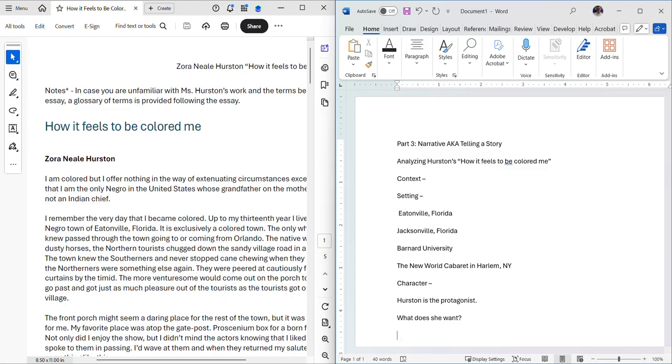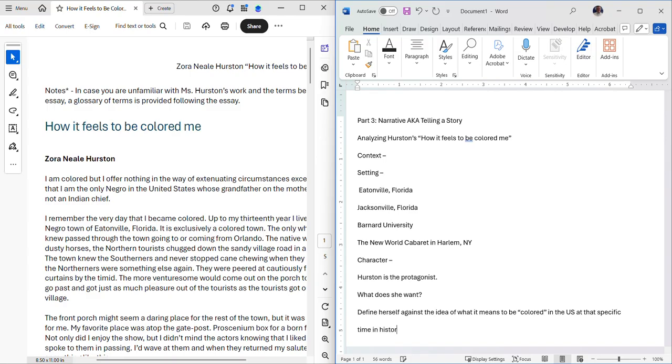Now, it seems pretty obvious that what she's trying to do is define herself against the idea of what it means to be colored in the US at that specific time in history. But that may not be all of it. And one of the things I want you to think about is, what does she learn about that state of being,